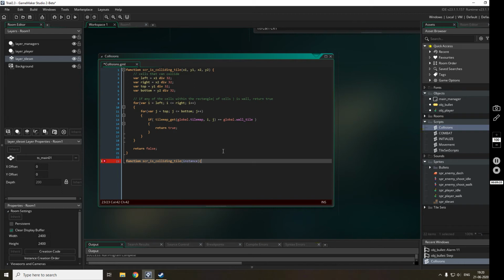If we just want to check an instance directly, then we can use this. So we will call the previous function, this is_colliding_tile_instance. So we'll directly pass the instance here.